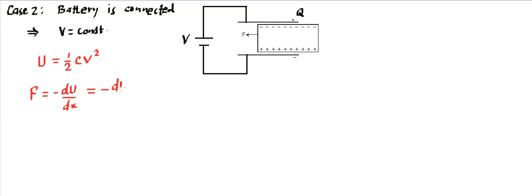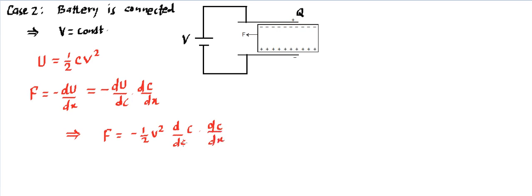Now again we can put the value of U and use the chain rule. So it's going to be du upon dc into dc upon dx. What is dc upon dx? We have talked about it earlier, so calculating the force will become easier. Force is going to be equal to, now you see U is half CV square, so half V square will be taken outside, which is a constant. D upon dc will be there, and differentiation of C into dc by dx.